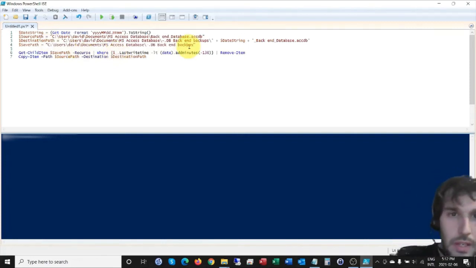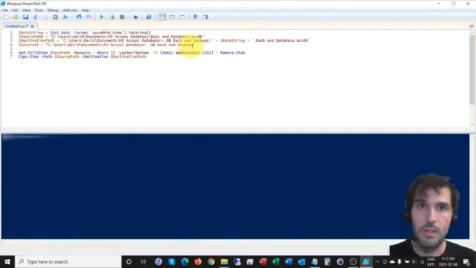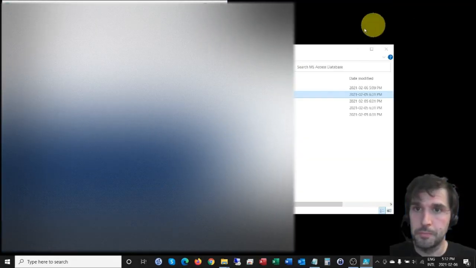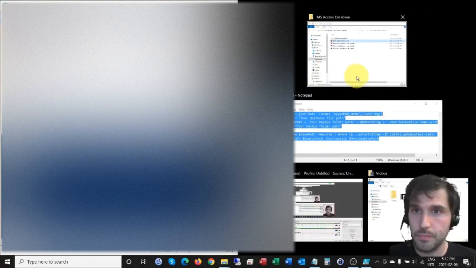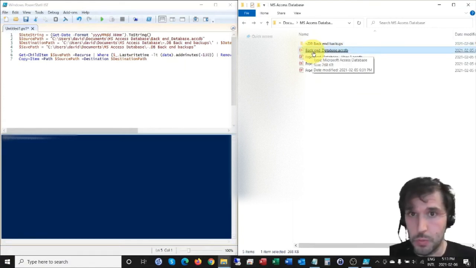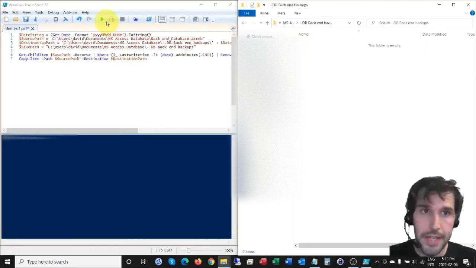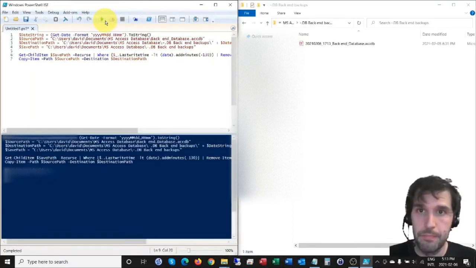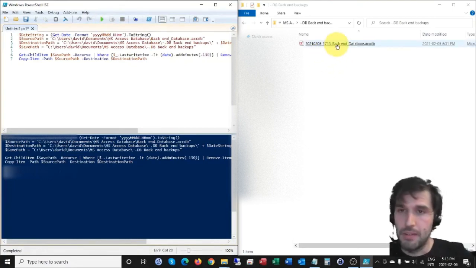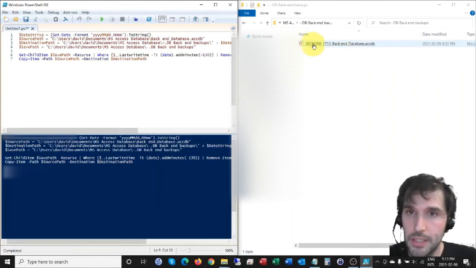Once we are done editing the code to personalize it to our own particular case, we have to test it to make sure that it works properly. So I navigate to the folder in which the copy of the backend database is supposed to be created, and then hit the Run Script button to see it in action. And here you go. A copy of the backend database file has been created, including the current date and the